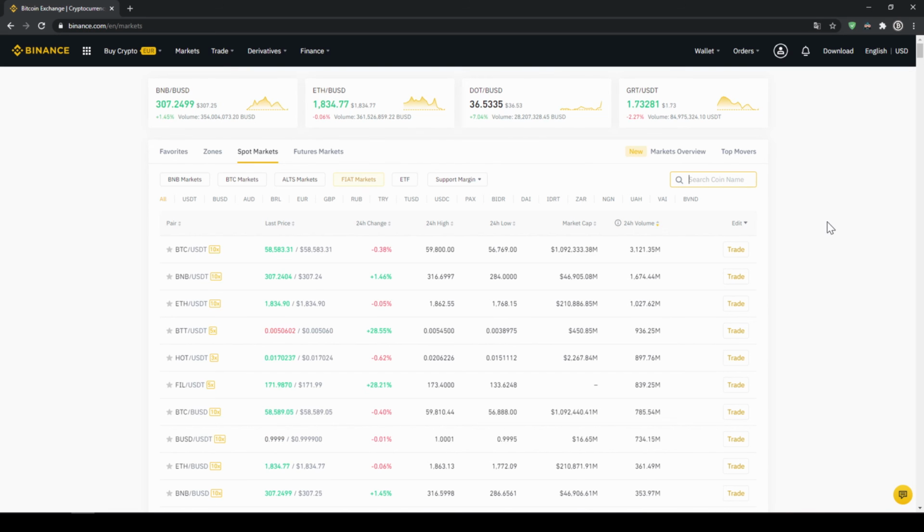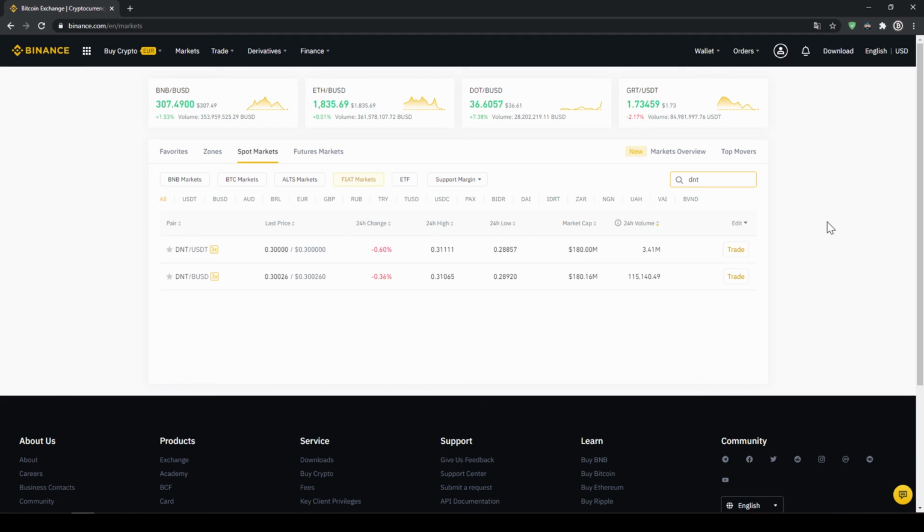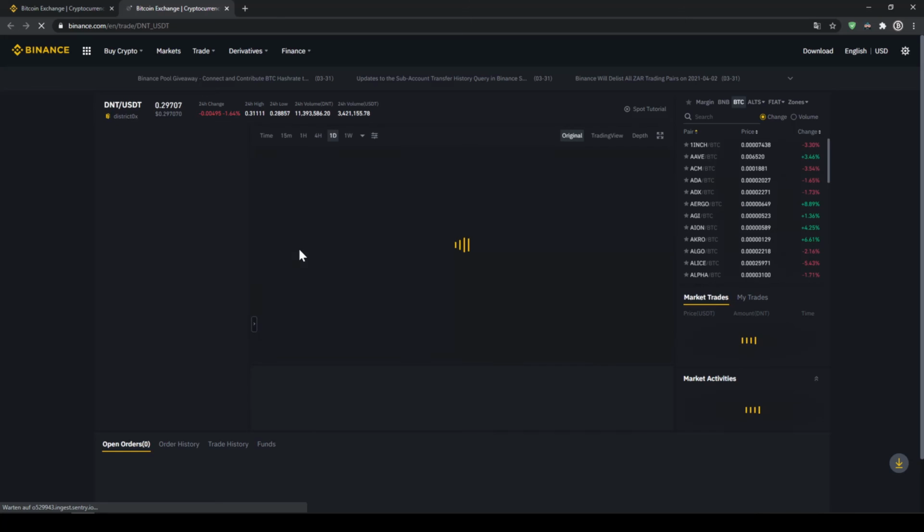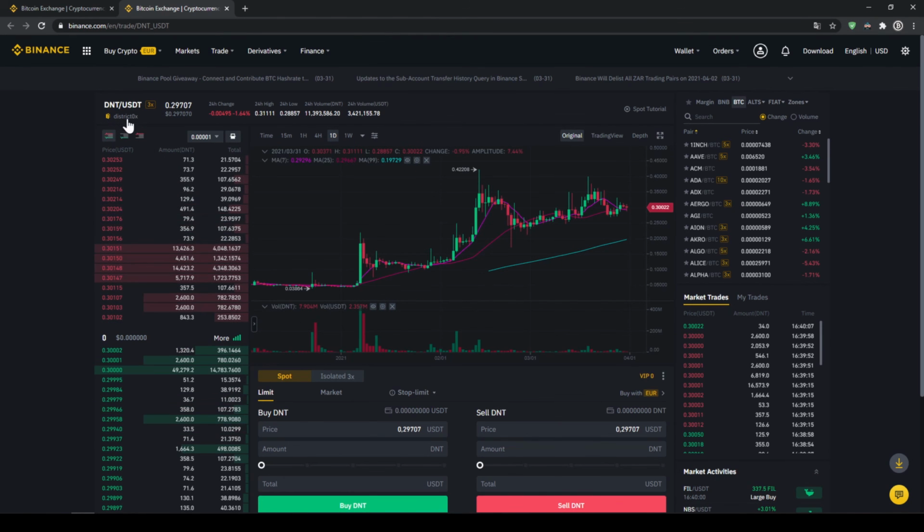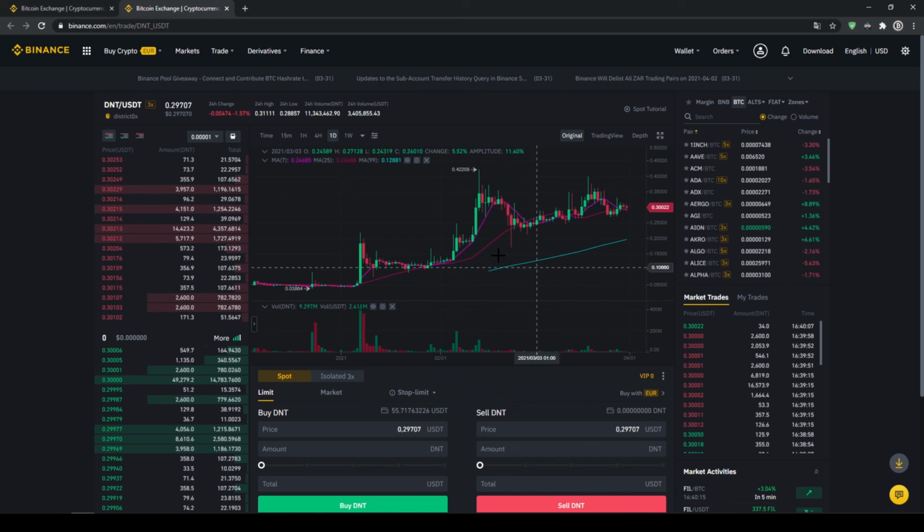And in this case, we want to buy district0x, and the symbol, the shortcut for that is DNT. Just going to type in DNT and then USDT right after it. And then we can select the trading pair. You can also see up here that it's district0x again. Then you get to this trading page where we can see the price chart in the middle,